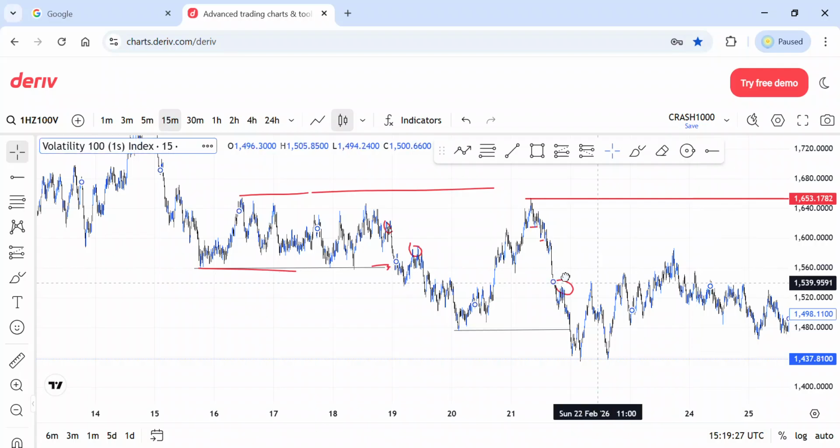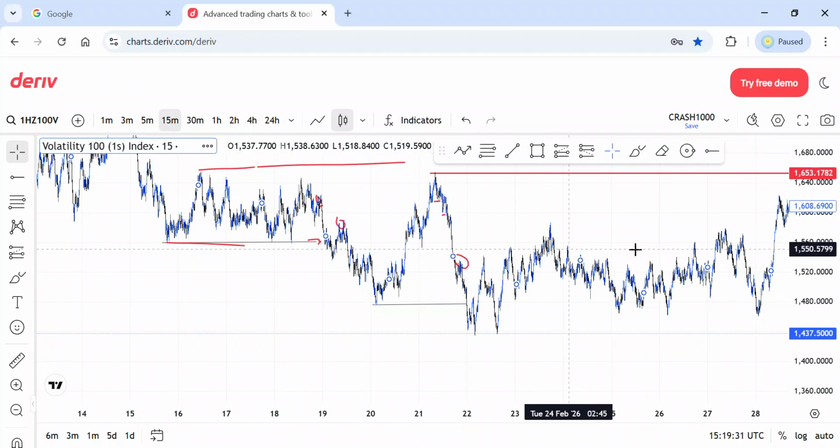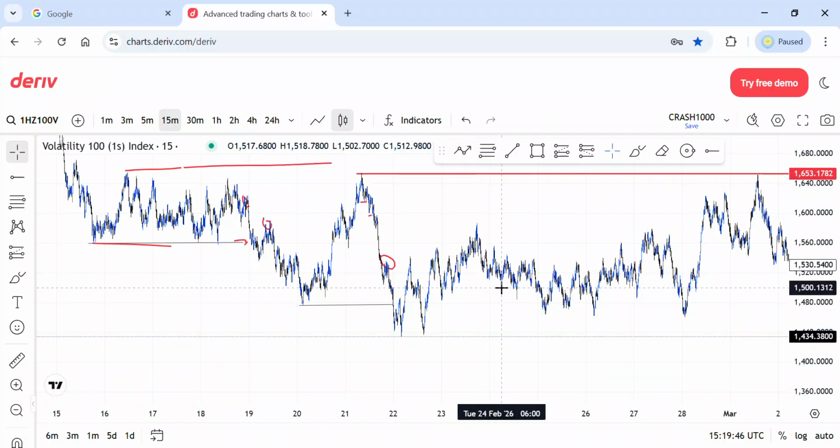So I don't know if this is really helpful for you, and just share it to your people so that they can learn. Maybe some other time I'm going to be sharing something deeper about liquidity and market structure. This is just a basic thing that you guys need to see and understand first, before you can go deeper into